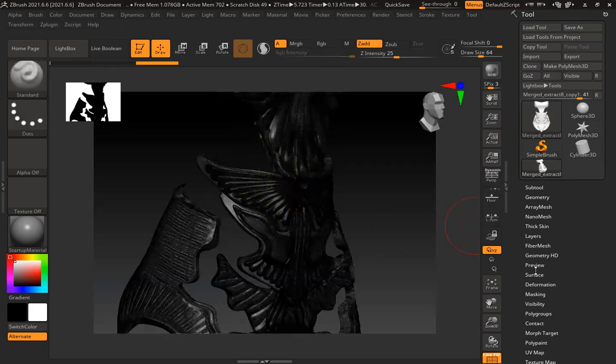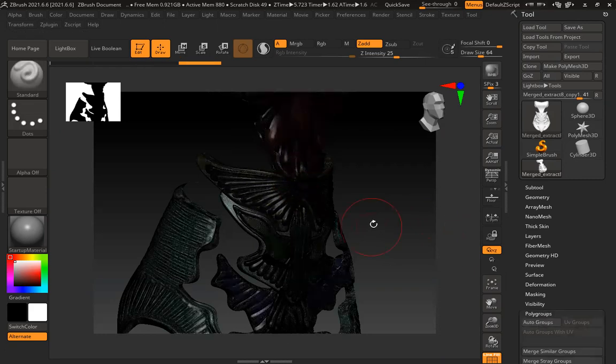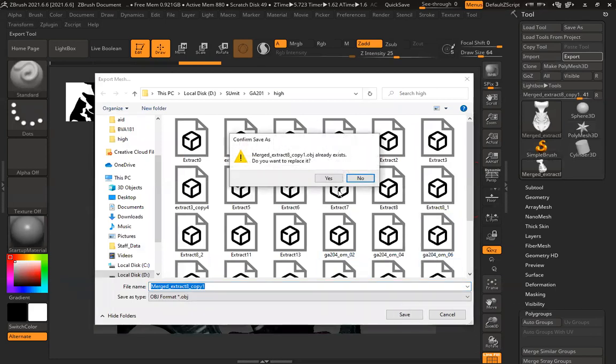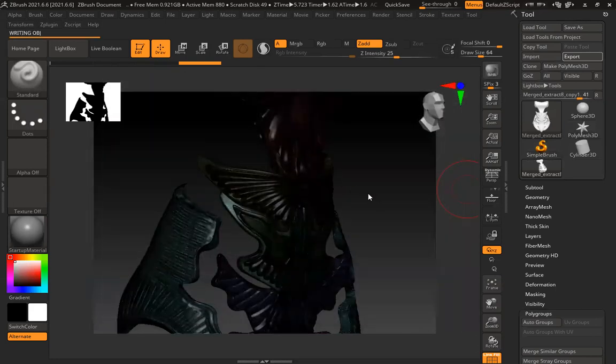That's why all the polygroups are the same. So auto polygroup. To make sure, export this back. Done.